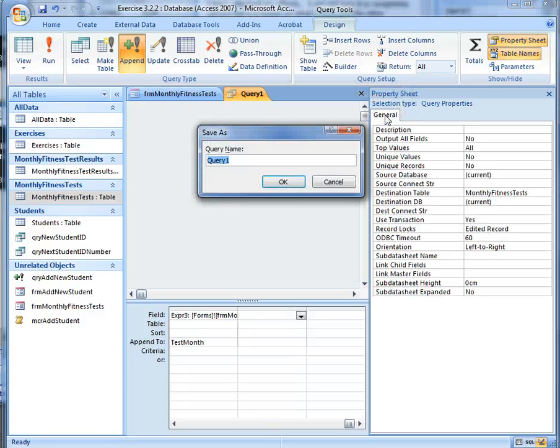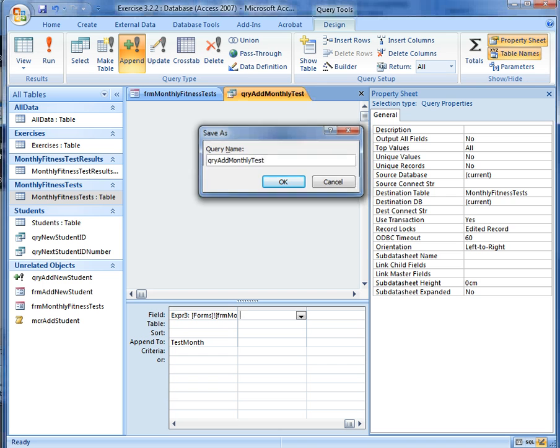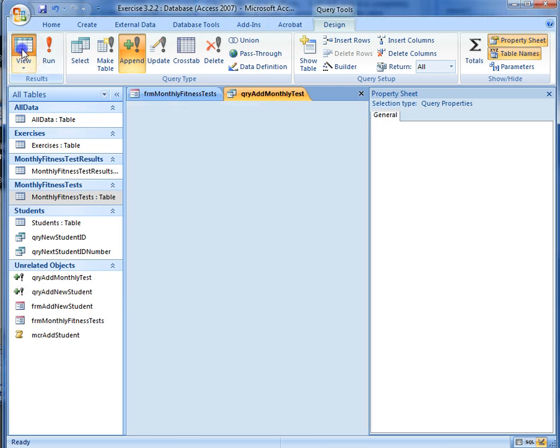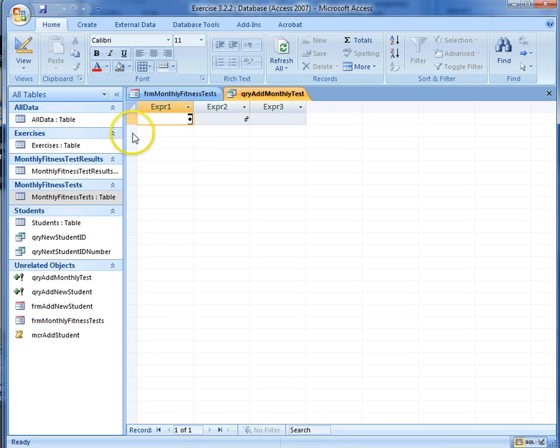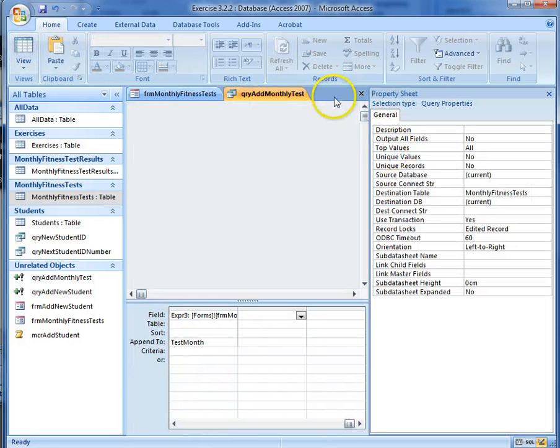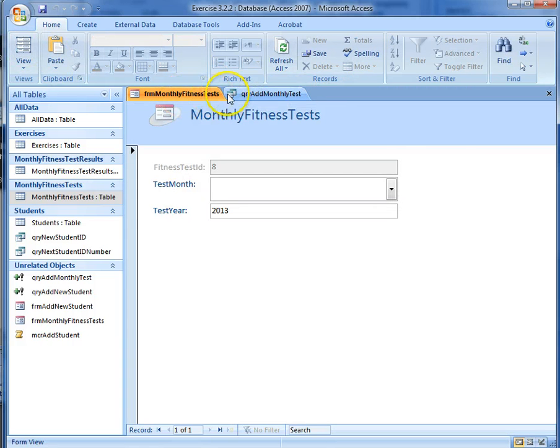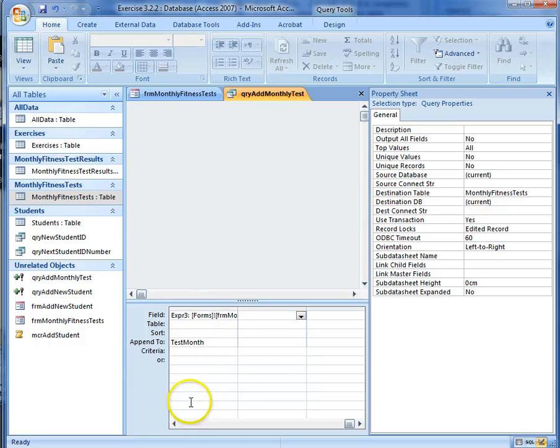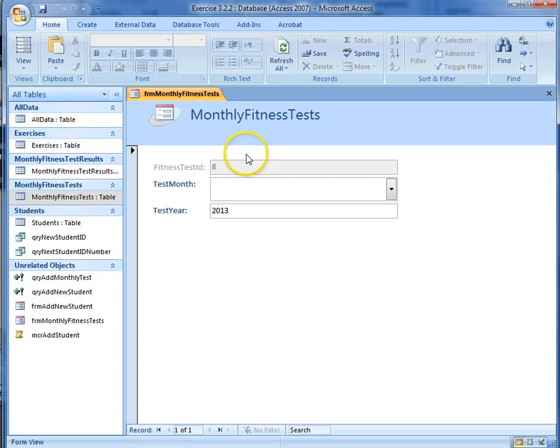Okay, I'm going to save it. Once again, it's a query, so go to name. I'm going to add monthly test. If I view it, it's not putting any bits of information in, that's okay at this point because I haven't actually entered anything. So I'm going to close that query, and now